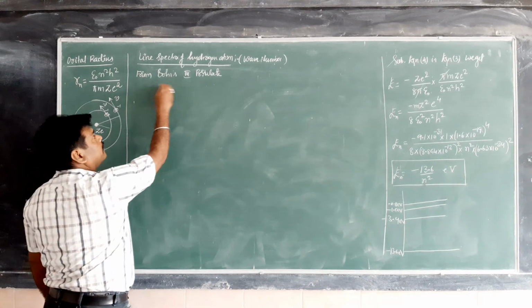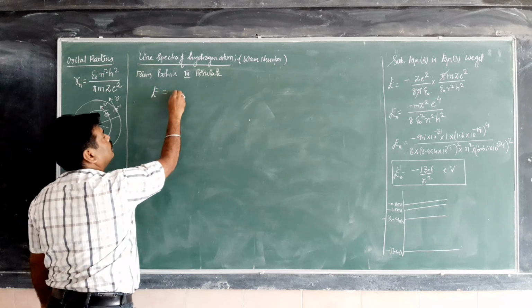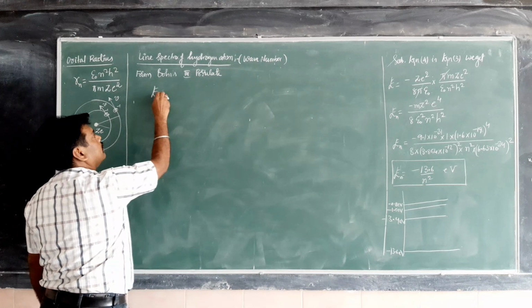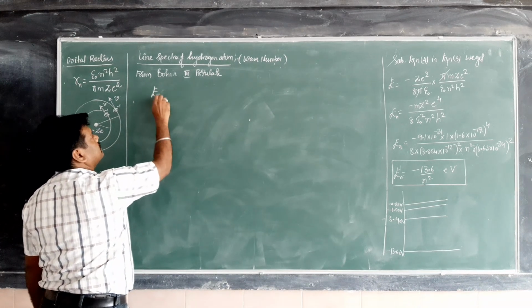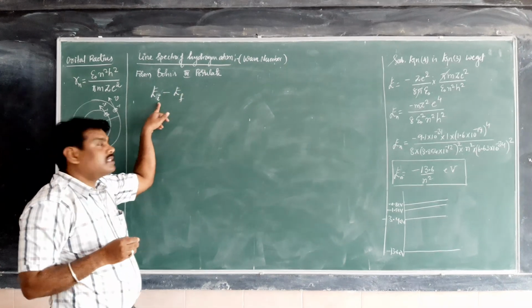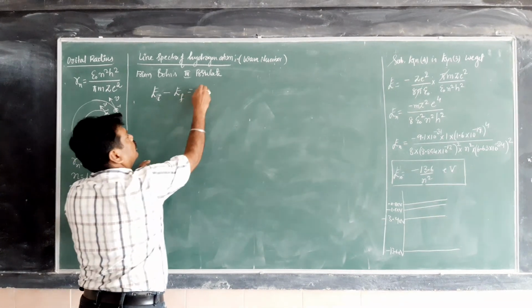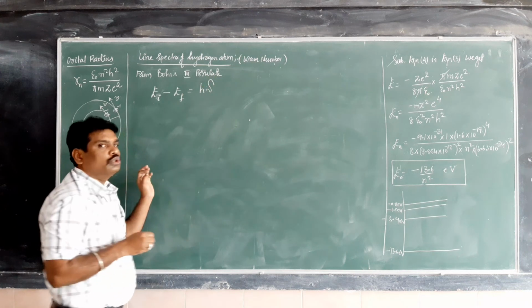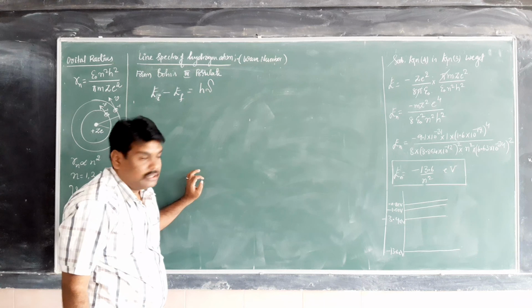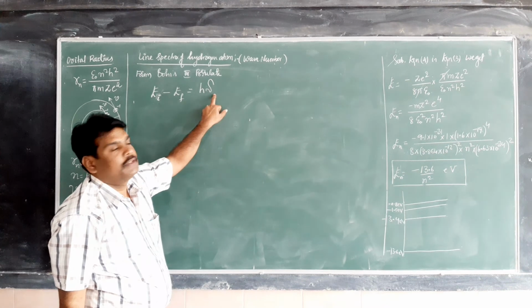So according to Bohr's third postulate, let us consider E is the energy, which is equal to h nu. The transition takes place from initial state to final state, so I will consider Ei minus Ef, where Ei is the energy in the initial state and Ef is the energy in the final state, which is equal to h nu. This is according to the third postulate. He has used the quantum nature of energy. So h is Planck's constant, nu is the frequency of radiation, isn't it?